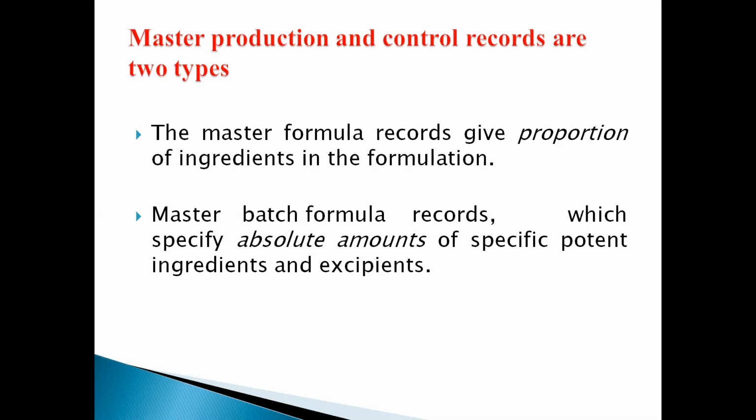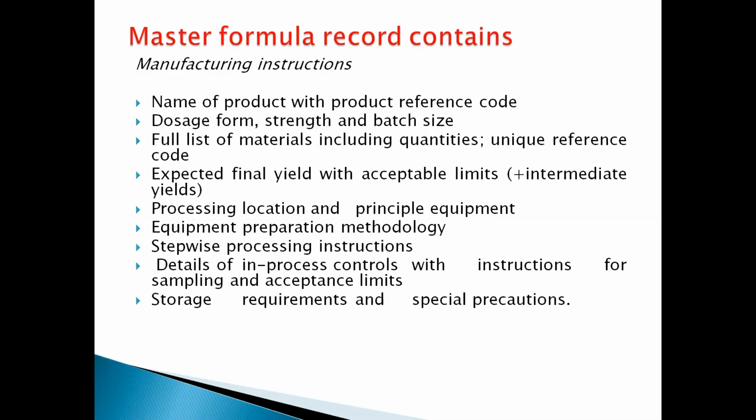The master formula records give the proportion of ingredients in the formulation, and master batch formula records specify absolute amounts of specific ingredients and excipients. The master formula record again contains the following manufacturing instructions: the name of the product with product reference code, the dosage form, strength, batch size, full list of materials including quantities, a unique reference code, expected final